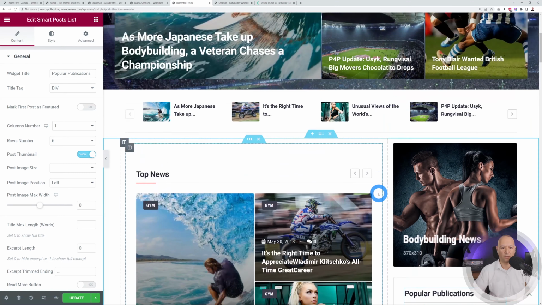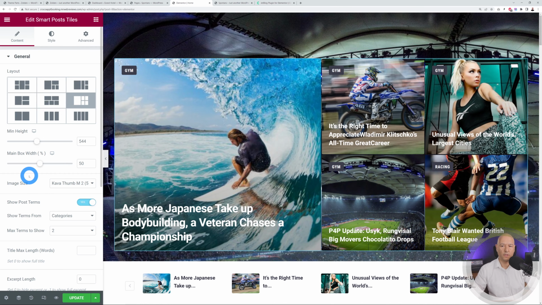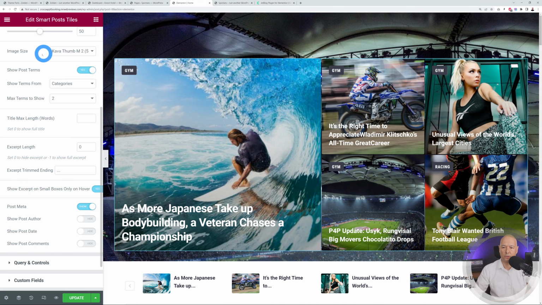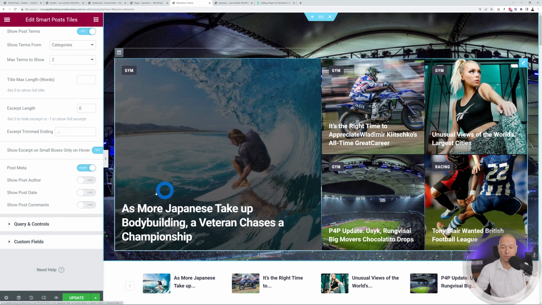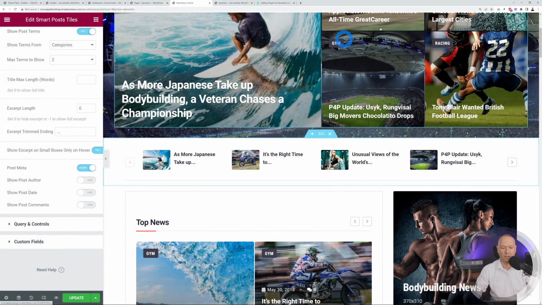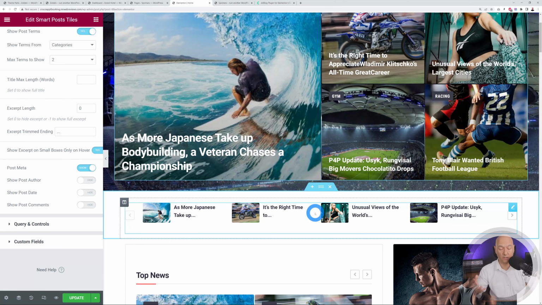So let's go back to our heading section here, just to show you very quickly. Now all of these Smart Post tiles work the same way, so all the configuration is similar to all of them. You can customize all these different items, but I'm going to show you how you can fetch the information, where you get it from. Because you can break this down into different sections, different categories. And as you can see, this is the same plugin that's used throughout our page, but it's displaying different types